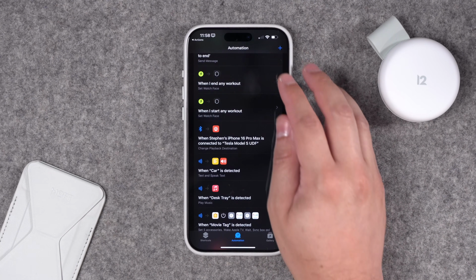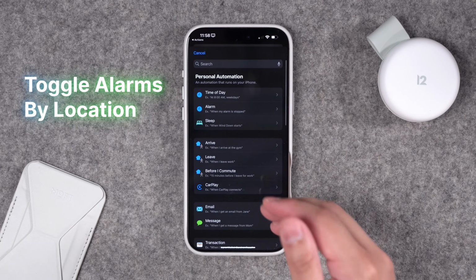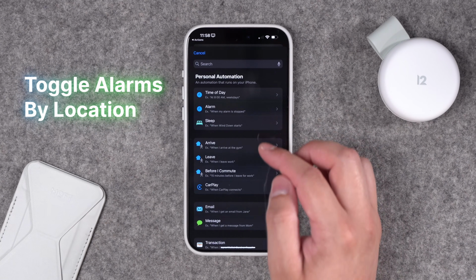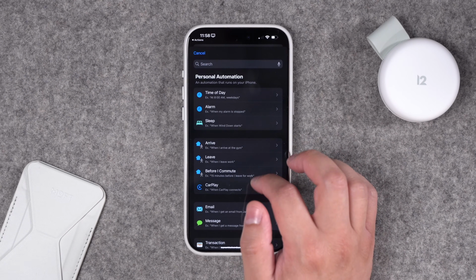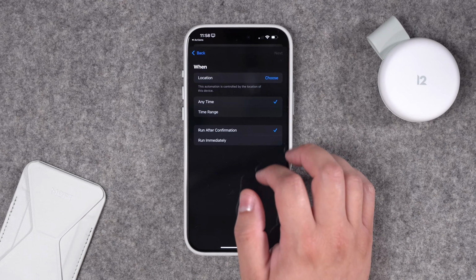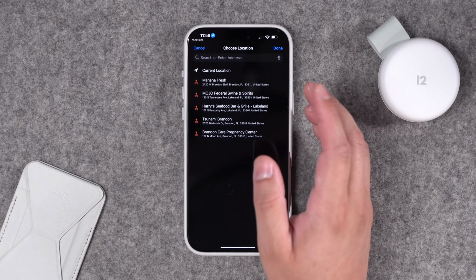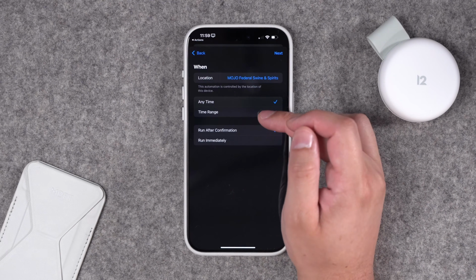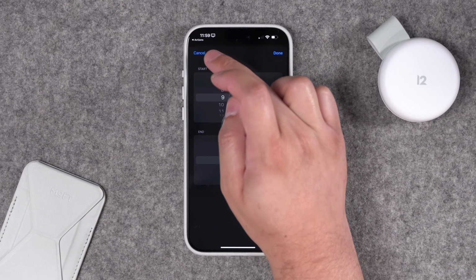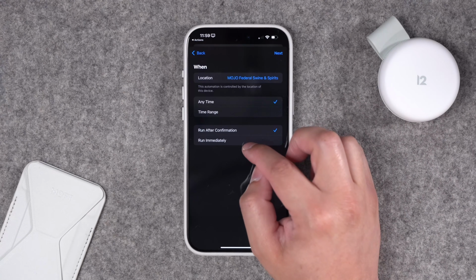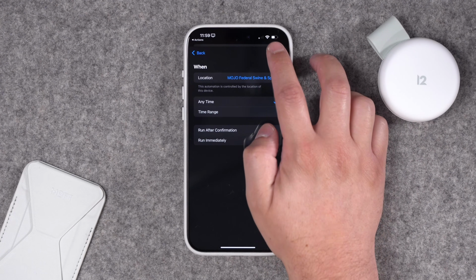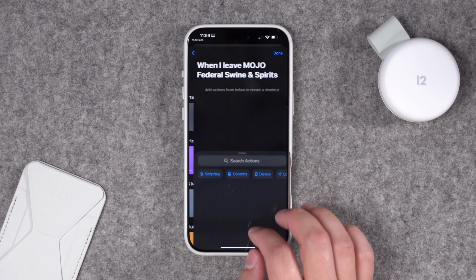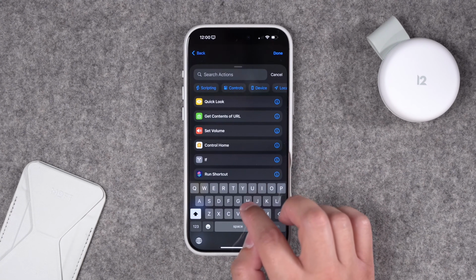All right, this next request was the ability to toggle alarms on or off based on location. Well, we can go back to the Automations tab and choose Arrive or Leave. Let's say when you leave, and then you can choose your home location or work. You can also specify a time range if you only want the shortcut to run during the day or just at night. We're going to run immediately, hit Next, new blank automation, and then this can be a one-action automation